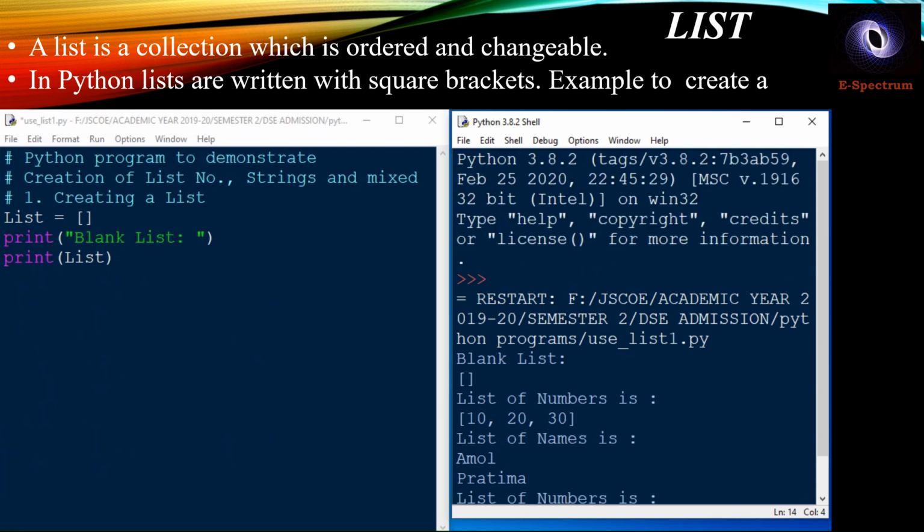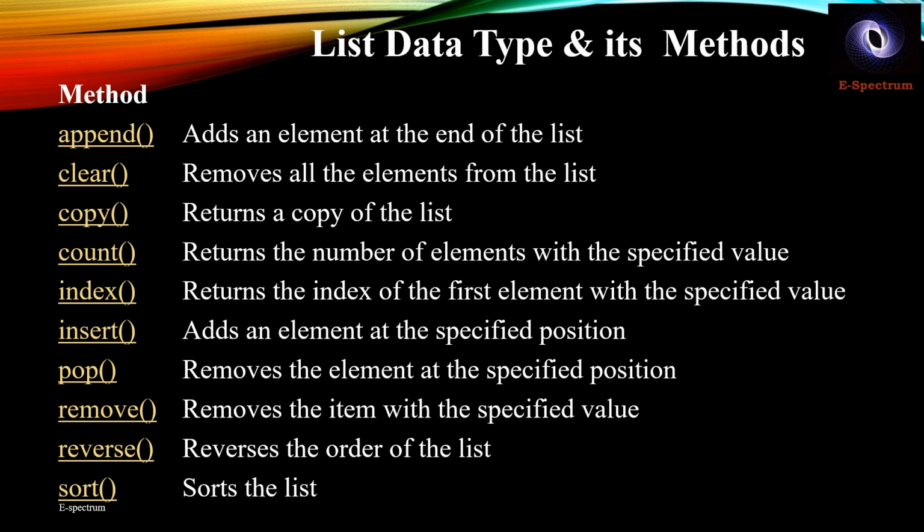Okay. Let us further see the second program, what it is doing. The different methods which are supported by the list are append, clear, copy, count, index, insert, pop, remove, reverse or sort also.